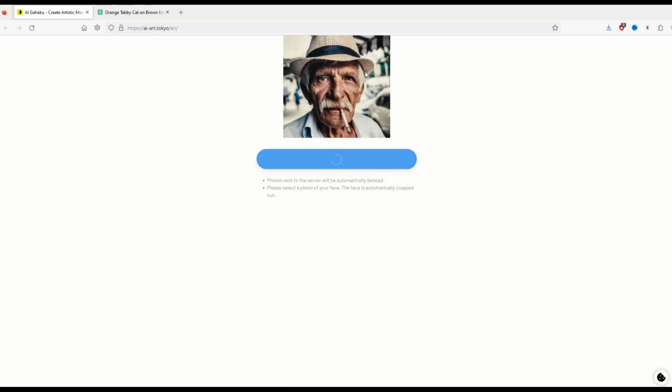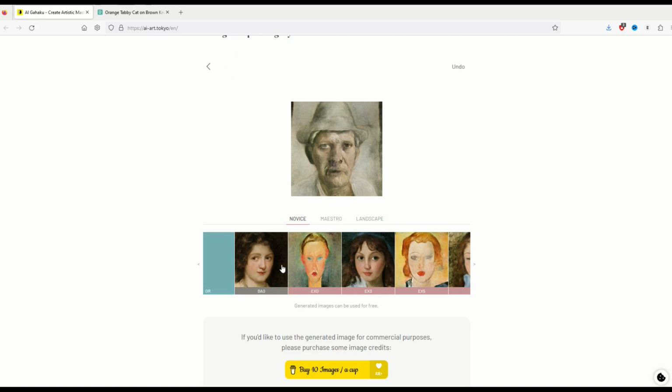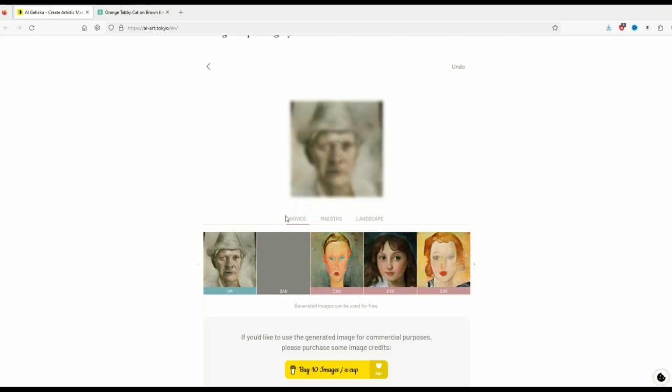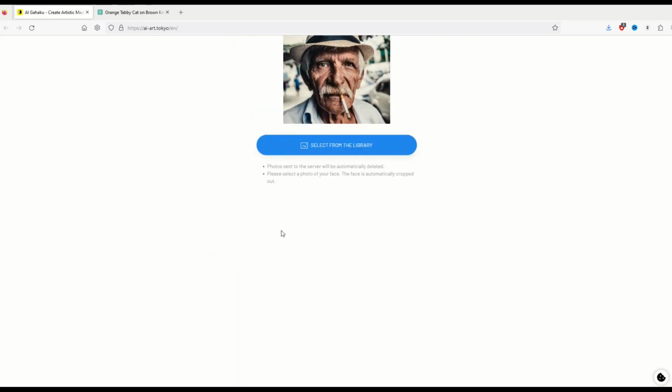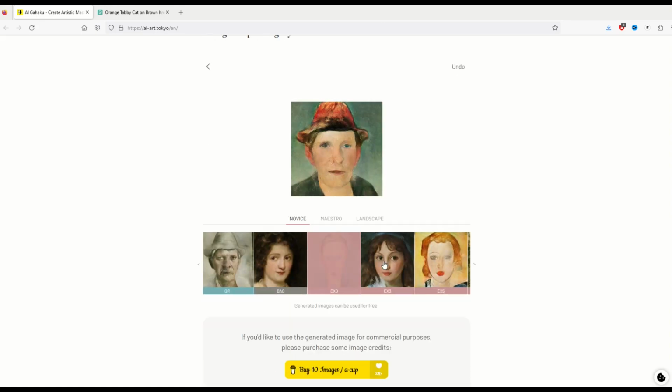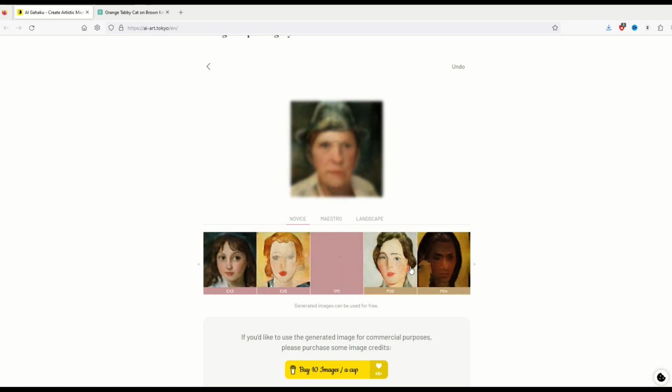You can see it just cropped the photo to make it a face. And now we can select down at the bottom the different styles of artwork. So there he is there. Lost the mustache. That's interesting. Yeah, the original photo, he had a mustache. So again, this is a free tool. Your individual results may vary, but it is kind of cool though, because it turns it into a quote unquote